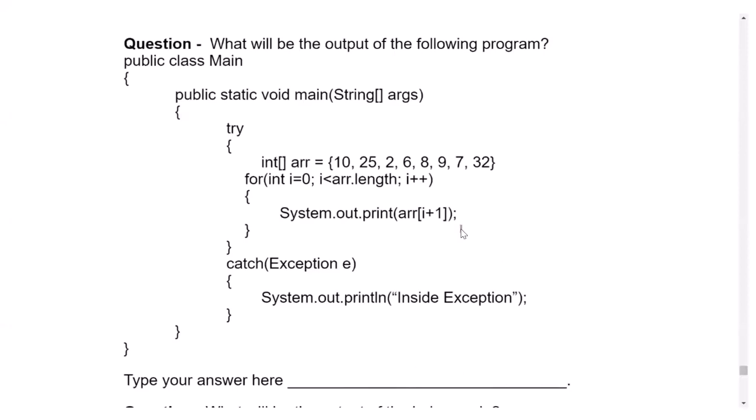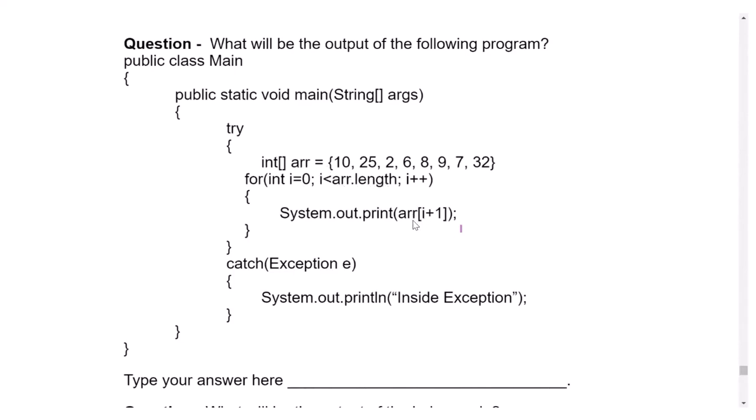Okay. So here we can see that try catch exception handling is also done. So what would happen, I will tell you. Here you can notice an array is given. We are starting from i = 0 going to array.length. This is completely fine. Whenever we have to traverse an array, we start from 0 because an index starts from 0, and we traverse till just one less than the length of the array.